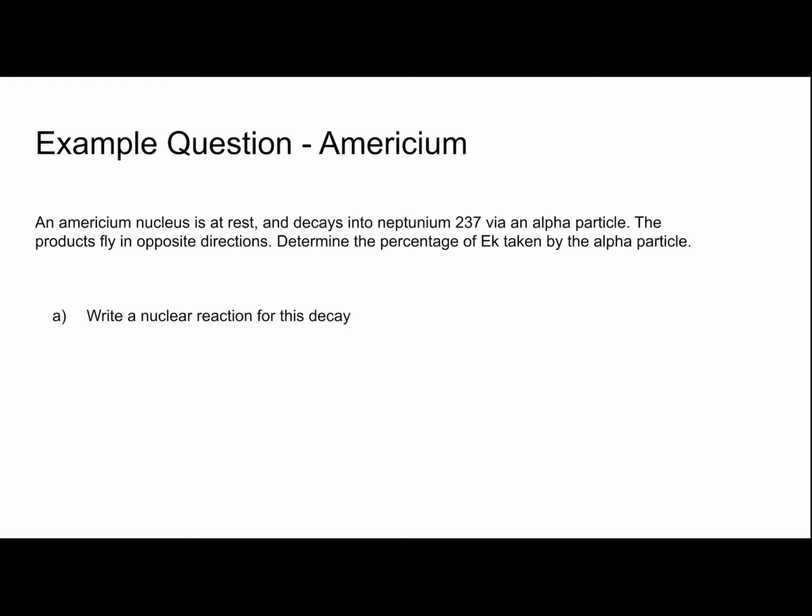Alright, for this question, it's simply americium. So we know that an alpha particle is simply a helium nucleus with 2 protons and 2 neutrons. Therefore, we're going to add 4 to our mass number, and adding 2 to the atomic number of neptunium will give us back our americium. So americium will have a mass number of 241 and an atomic number of